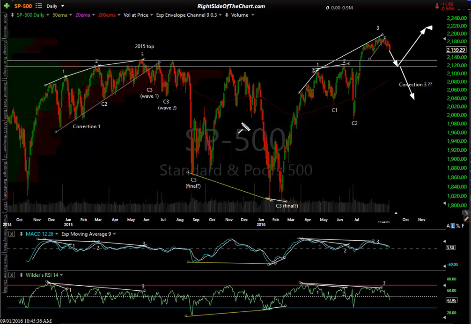Because I can't see any reason, technically speaking, looking at the charts, if you're in the bull camp and you think we're in a new bull market. Let's just say you're of the mindset that the last couple of years was a large sideways consolidation within a larger bull market that worked off all those overbought conditions and allowed valuations to catch up to where they should be. And now this breakout was the launch of a new leg that's going to take this bull market up 20, 30, 50. I don't know what the numbers might be.